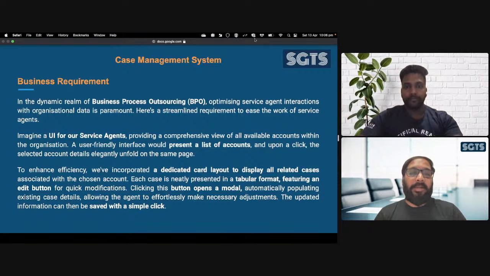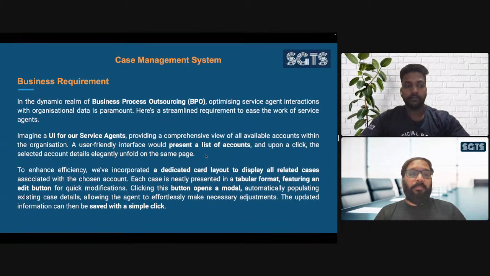Which says a dedicated card layout to display all related cases associated with the account. So if a service agent is choosing any account, along with the account information, they should be able to see all the related case information, whatever cases are associated with that particular account. Okay, so maybe a service agent is talking with the customer on a phone call. They receive their account name. They click on that account name and they see what all cases are associated, and those cases